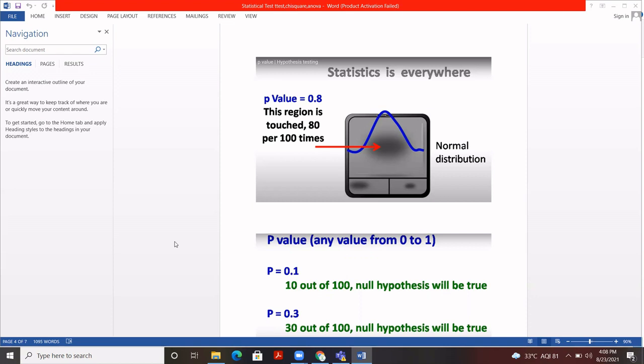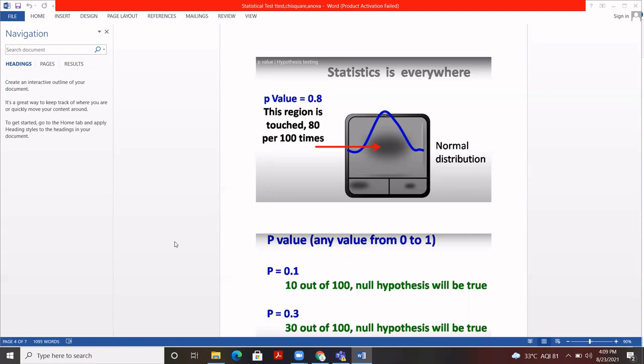So today we are going to talk about one of the most important topics. When we decide a null and alternate hypothesis, we don't know which statistical test we need to perform. Is it chi-square, is it ANOVA, or is it t-test or one sample proportion test? So which test do we need to pick to apply on this?